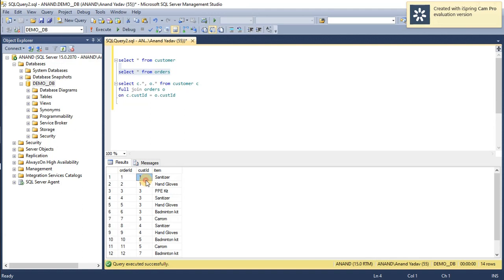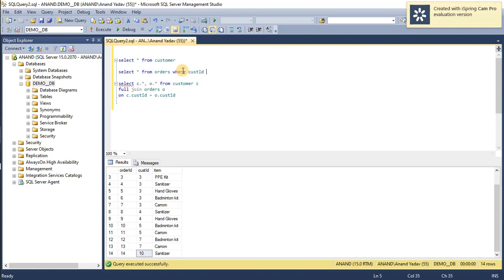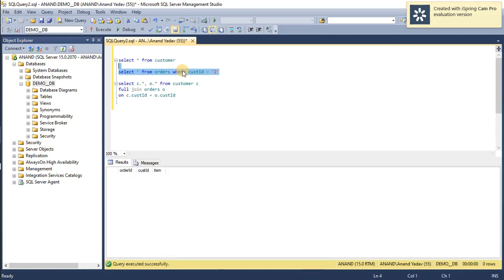Yeah, you can see that as there are very few records, we can manually verify it. But whenever there are millions or trillions of records, we can verify data with the help of the where clause, and provide the condition where customer ID equal to 2. So you can see that there is no record.